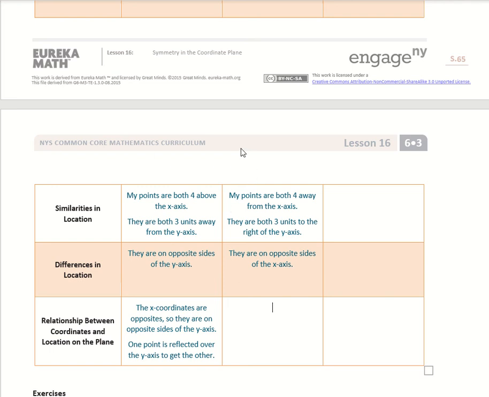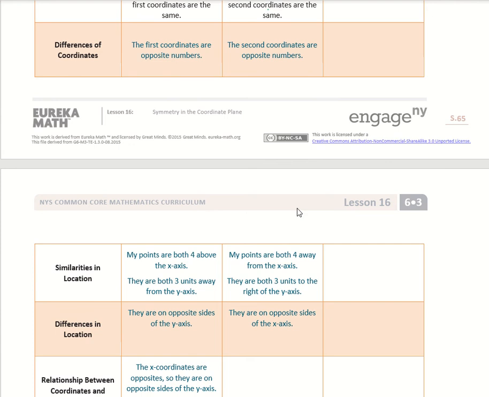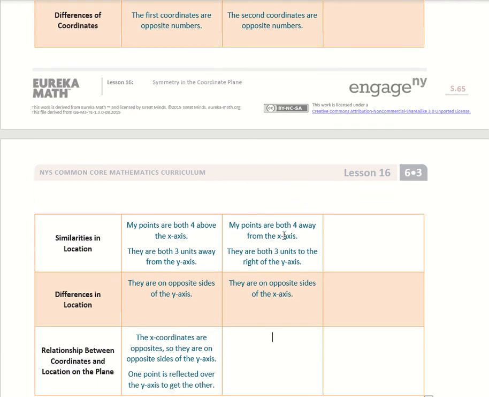And we can now go into our relationships between the coordinates. And again, we're going to focus on those differences. So the differences said the second coordinates are opposite numbers, and they're on opposite sides of the x-axis. Remember, our second coordinate is our y-coordinate. So we can say the